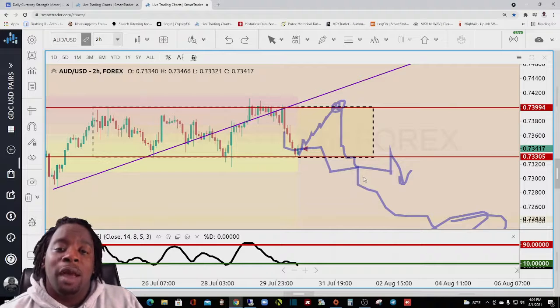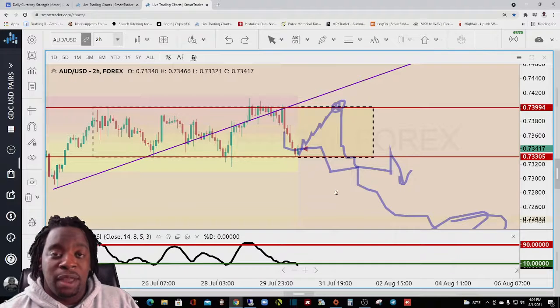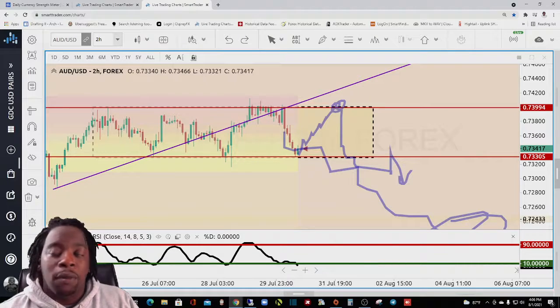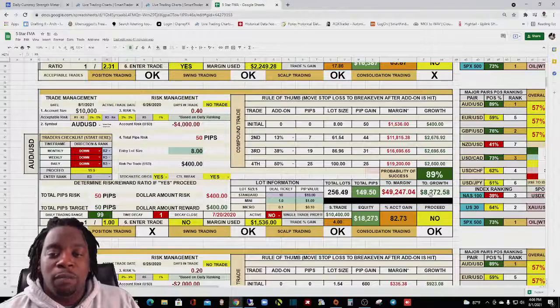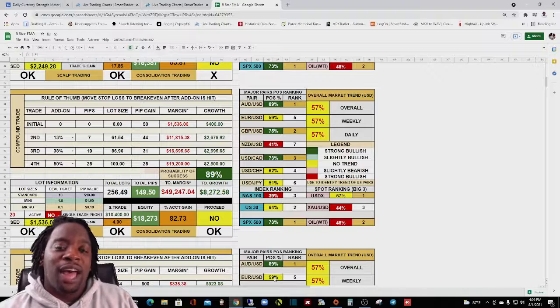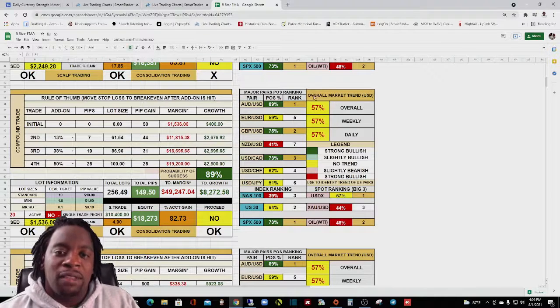But it does give us the opportunity to look at it when it comes down to being able to trade. Now, it's a lot of slim pickings when it comes down to what we're looking at from a US-based pair for us to trade, because currently we are in strong consolidation and we're still in the dog days of summer. This is the first day of August when it comes down to trading, so you may end up seeing overall opportunity. When it looks at the market trend, overall we do have the Australian dollar being the best, strongest pair to get in,